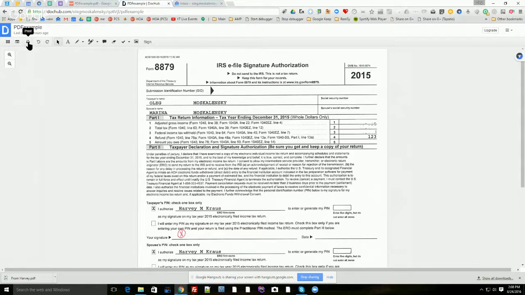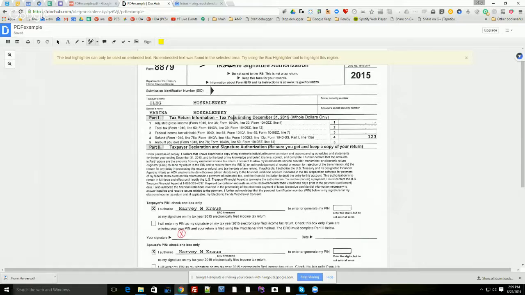You have the ability to print it. You have the ability to undo and redo your operations. You can put some text, like annotations, for example. You can also use the draw tool and do some drawing here like that. You can also highlight stuff. So you can highlight, for example,